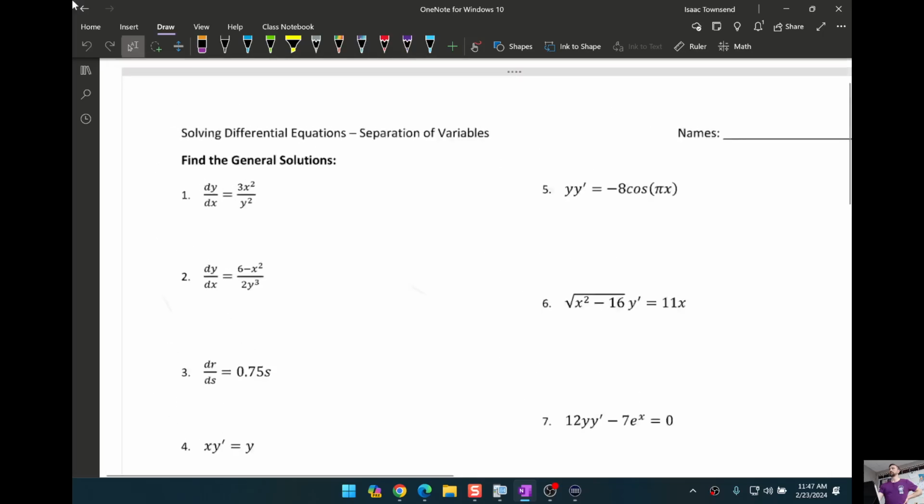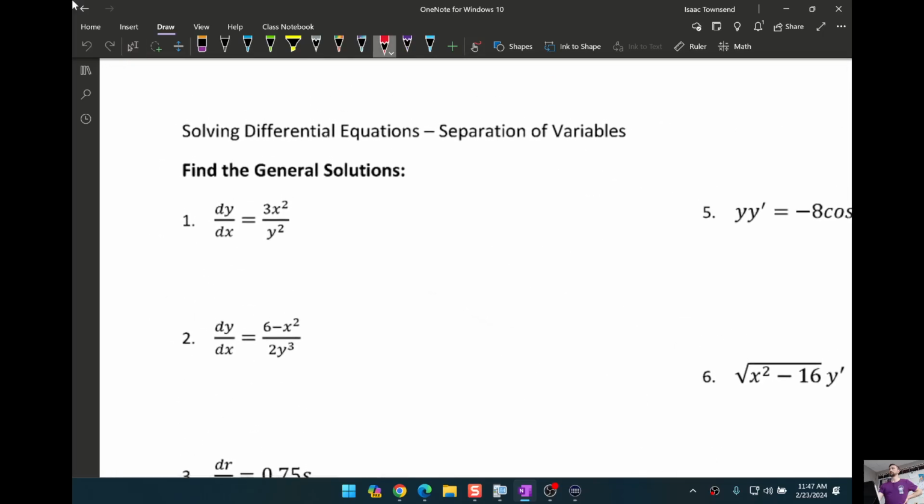Alright, so as you guys have already done a few times, when it says solve a differential equation, it's really asking you to try to find out what the original equation was. What is y equal to? The process that we need to practice to be able to do this is called separation of variables. So it's got anywhere from about 5 steps to about 9 steps, which is why we need to practice it in multiple class periods. But again, for today, we're going to just look at a couple, get a general idea of what the process is, so that when we do it again next week, it won't be 100% new